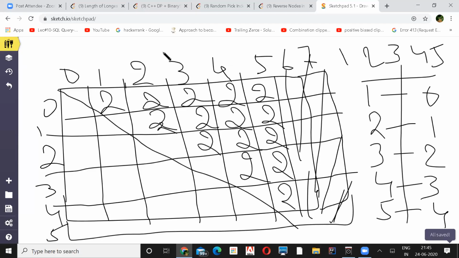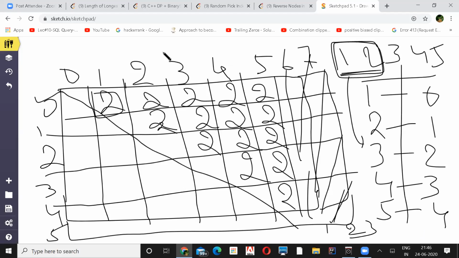So each cell denotes, like 0 to 1, that is index 0 and index 1. You have seen till now a Fibonacci sequence of length 2, 1, 2. So this is what 2 is indicating. Now we'll sum these, 1 plus 2 is 3, and we'll check if it exists in our hash map. If it exists in our hash map, then 1, 2, 3 is one of the possible Fibonacci sequences that we have seen till now.